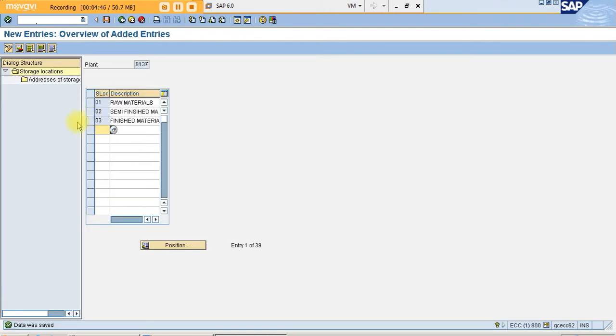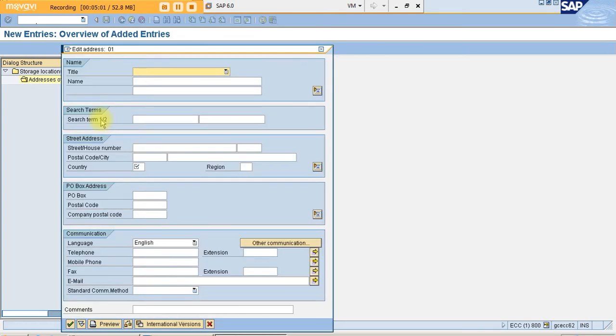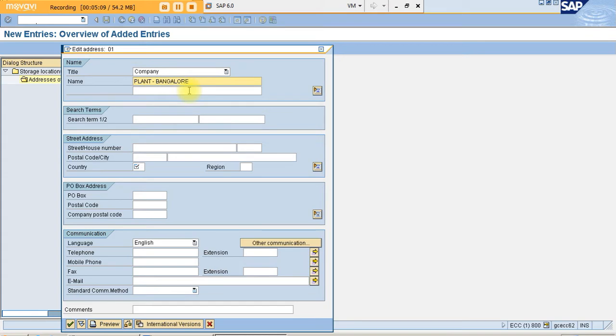If you want to maintain the storage location address also, you can. Select the storage location, double click on address and storage locations, click on new entries, give 01, then you can maintain where exactly it is. Plant Bangalore, this is ground floor.